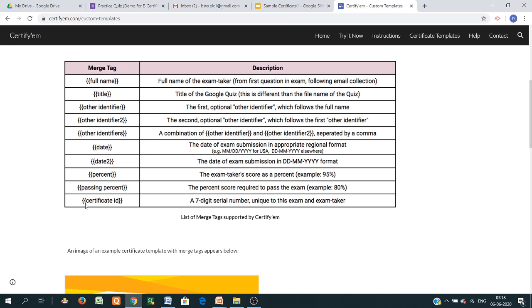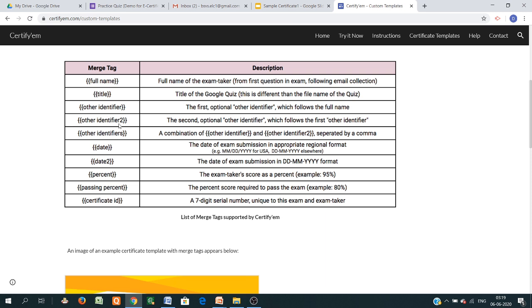Then passing percent, certificate ID. So these are the merge tags, and a description is given. Suppose you want to give the name of the participant in the certificate, so just use this type of curly brackets, write down full name and close the bracket. For the title of any event, just use the word title. For other identifier, use other identifier.